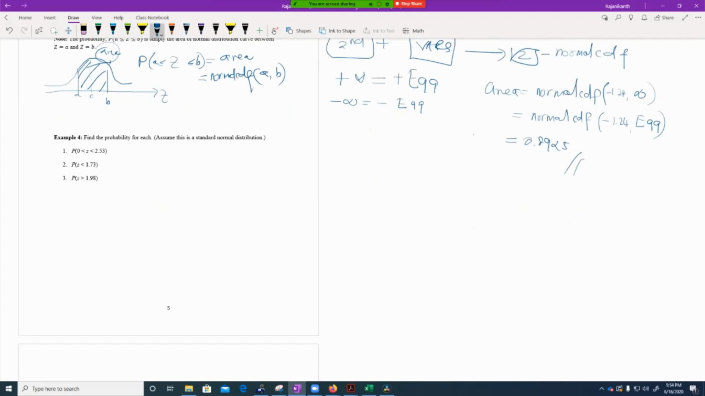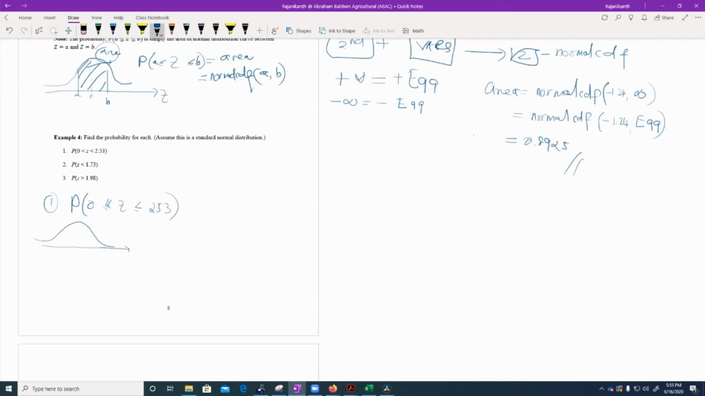Okay, so now let's look at these examples. The first one, find the probability for each area. So let's look at number one. You are asked to find the probability of your standard normal random variable between 0 and 2.53. The equal sign will not make any difference, so you could include or exclude it. So how do you find this? If you look at the picture,